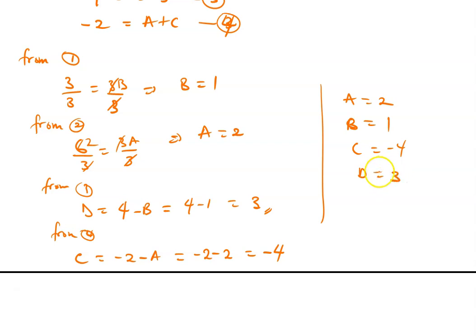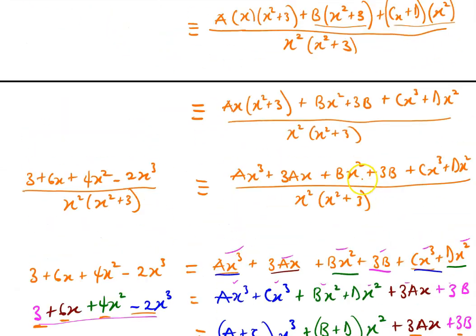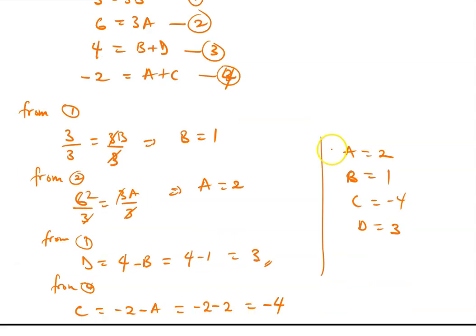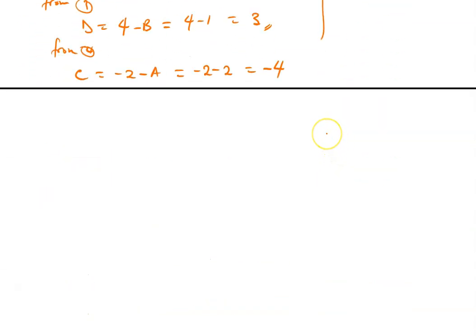We just substitute it into what? The main identity, right? So we can say that the 3 plus 6x plus 4x squared minus 2x cubed, all divided by x squared into bracket x